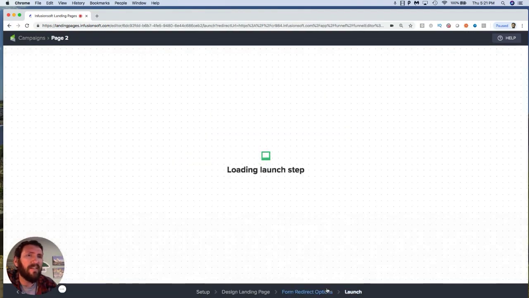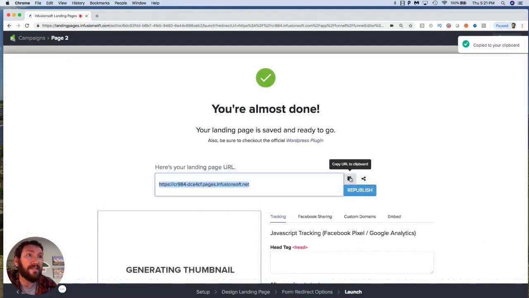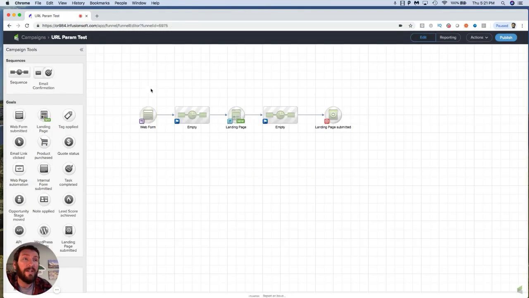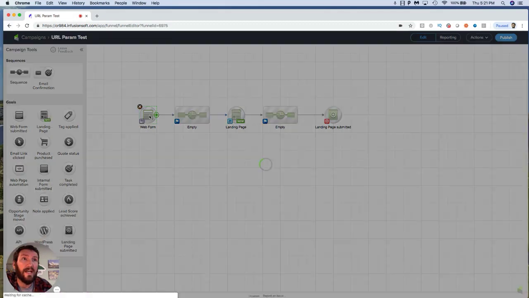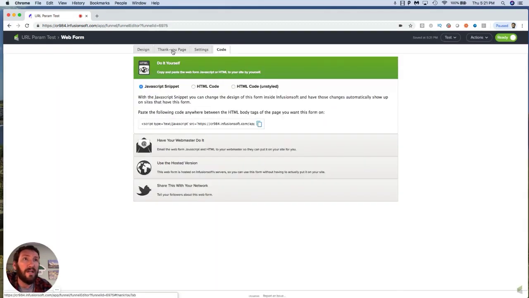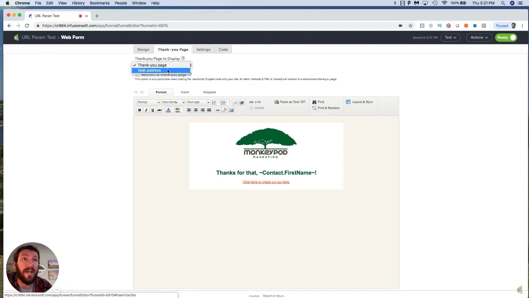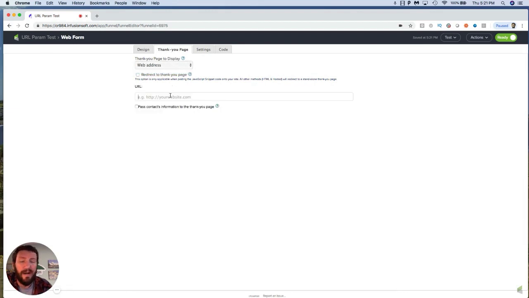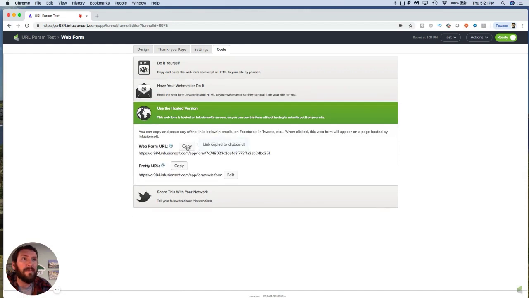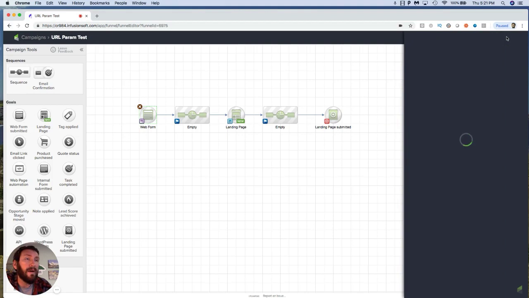And effectively, we're going to chain these together. So we'll go from the web form to the landing page to the third final page, and the goal is to have all the info pass through. I don't think it's going to do that for us on the first try, but I want to verify that, and then I think I know how to fix it, and we'll see if we can do that. So in order to test this in just a moment, I'm going to need this URL first. So let's publish this,